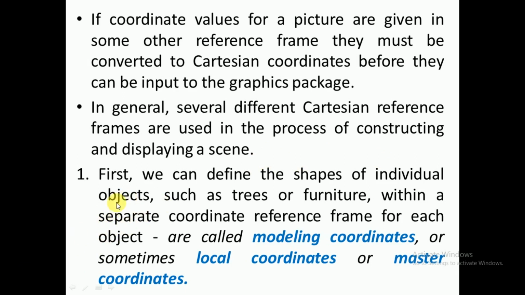Whatever line I have drawn with reference to my origin has to be displayed with respect to the computer graphics origin. That's why many Cartesian reference frames come into play for drawing any object. First, we will see how we give input.